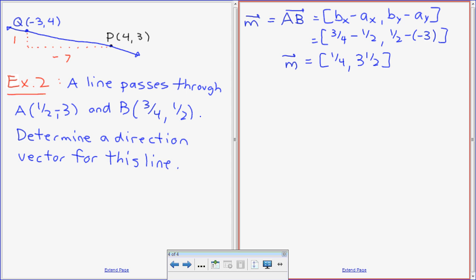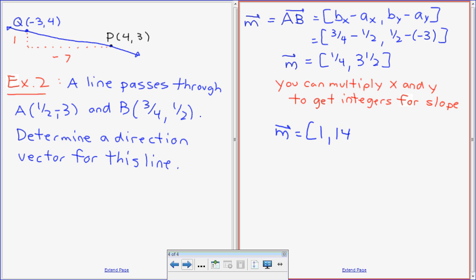You can multiply x and y to get integers for your slope. Okay? So what I'm going to say then is m is also equivalent to